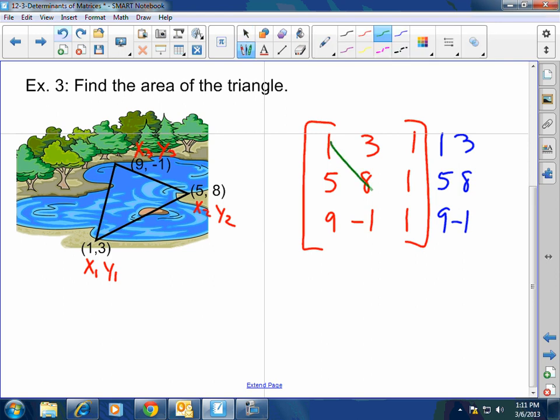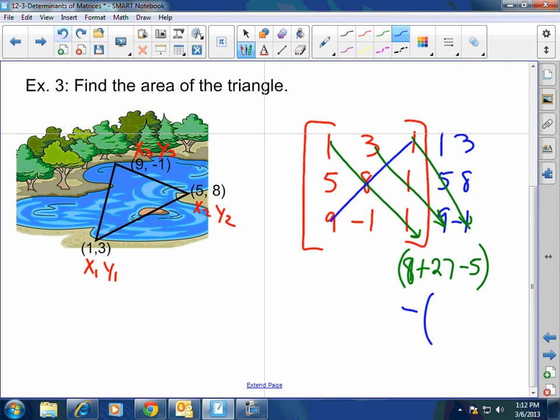Okay, 1 times 8 times 1 is 8. 3 times 1 times 9 is 27. 5 times 1 times 1 is 5. So that's 35 minus 5, so that's 30